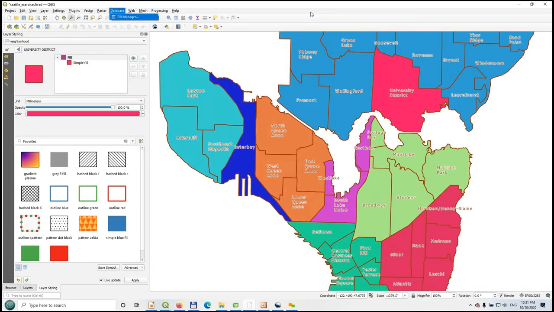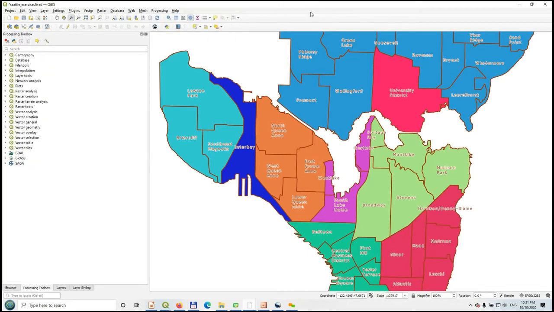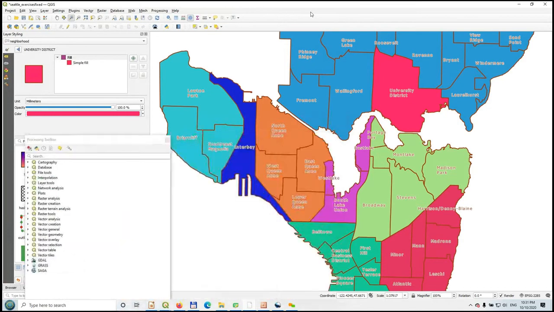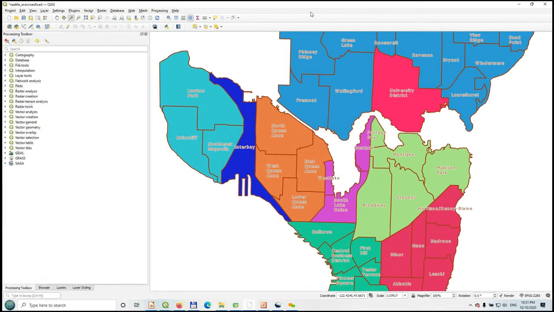I can just show briefly some of these things. We looked at the database manager already. Web is something specific, mesh as well. Then the last thing in that user interface, which I really wanted to show, is this processing toolbox. If I click on processing toolbox, I get another panel, which is this panel. I just put it back here for our screen real estate, and it gets a list of all these QGIS